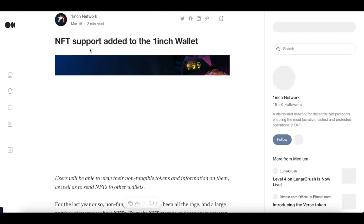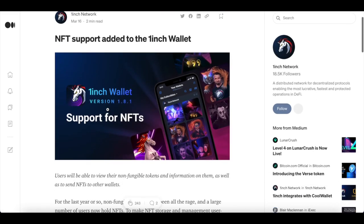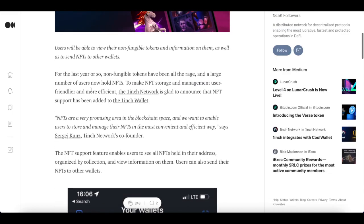Now, on the subject of NFT support to the 1inch wallet, users will be able to view their non-fungible tokens and information on them, as well as send NFTs to other wallets. How incredible is that? For the last year or so, non-fungible tokens have been all the rage, and a large number of users now hold NFTs. To make NFT storage and management easier, friendlier, and more efficient,